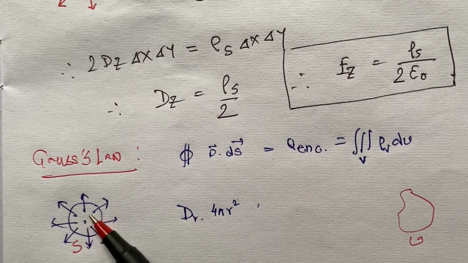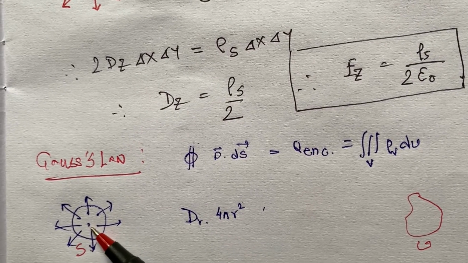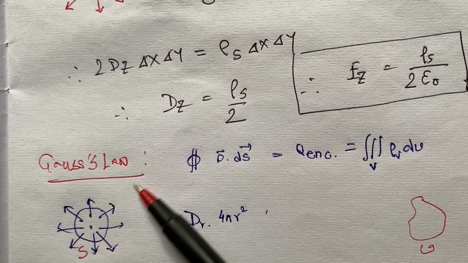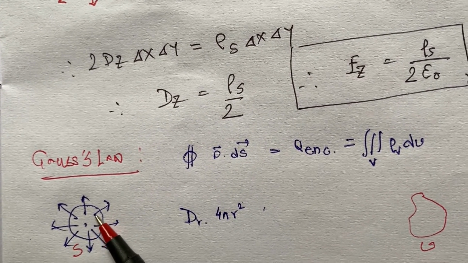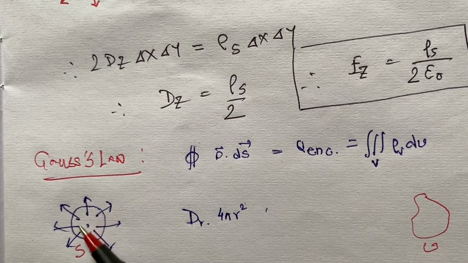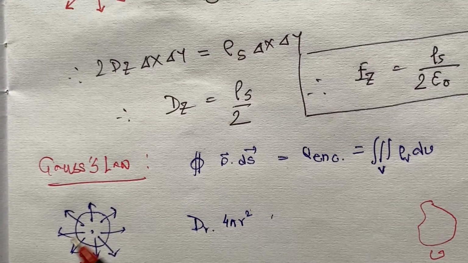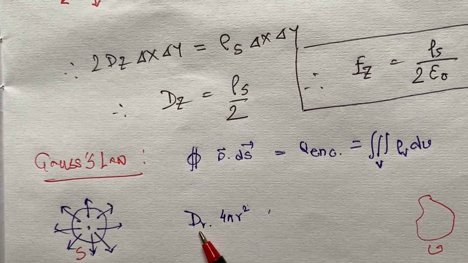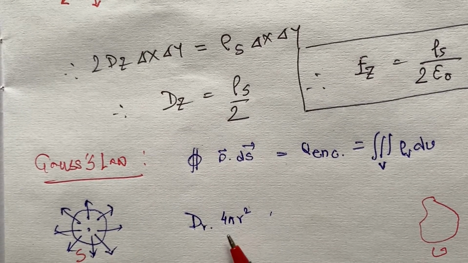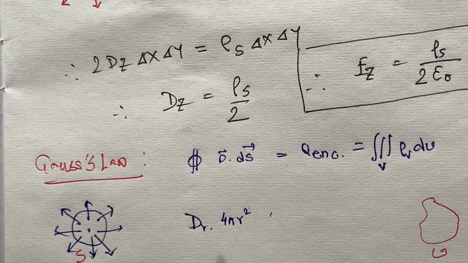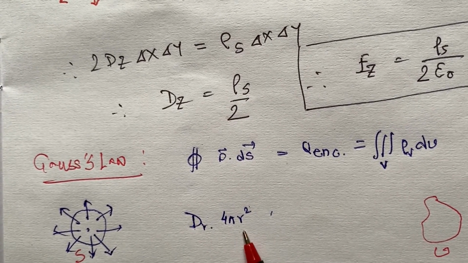And if we consider a spherical surface, then we know that if this is a positive charge, the lines of force are going outward. If this is a negative charge, it would be in the opposite direction. And if the electric flux density is along the radial direction, because in case of a sphere we have an infinite number of radii, so D_r is the electric flux density along the radial direction, and as it's a sphere, the surface area is 4 pi r square, where r is the radius of the sphere. So this integration looks like this one.